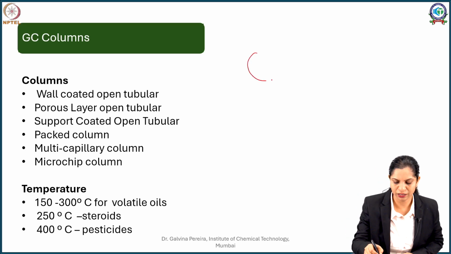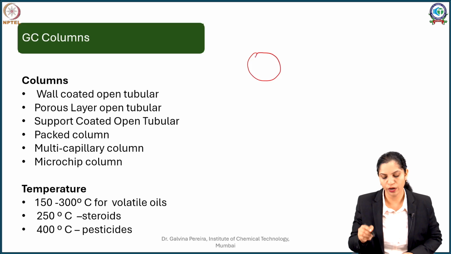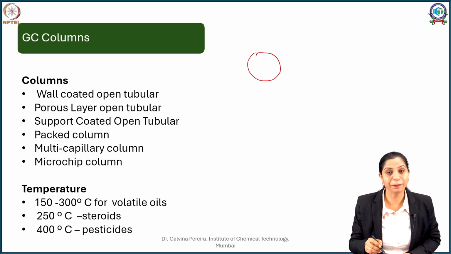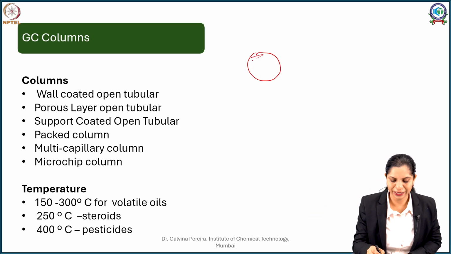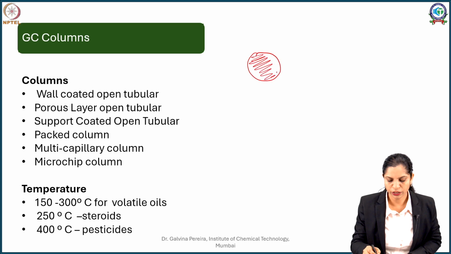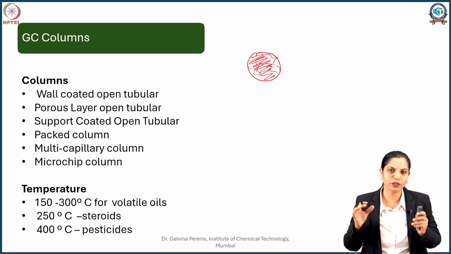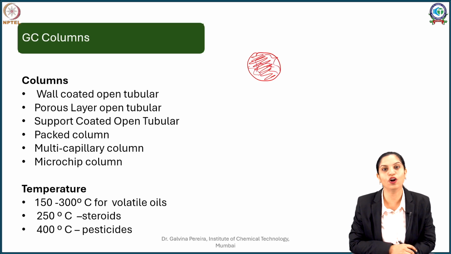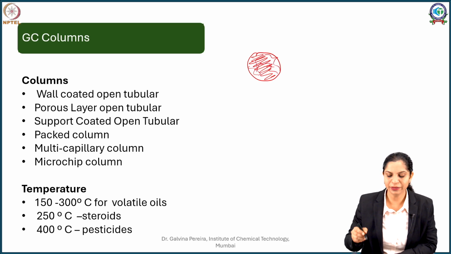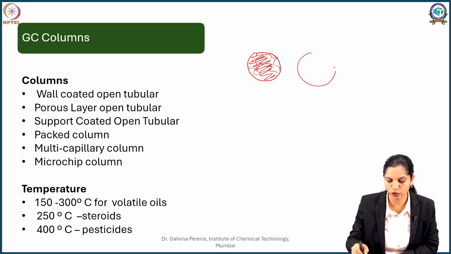So it's like a circle or a hollow column, which is big in length, and this is completely filled with a porous solid. That porous solid will allow the gas to pass through, but because it is completely filled, this is called a packed column. But sometimes you have what is called a tubular column.